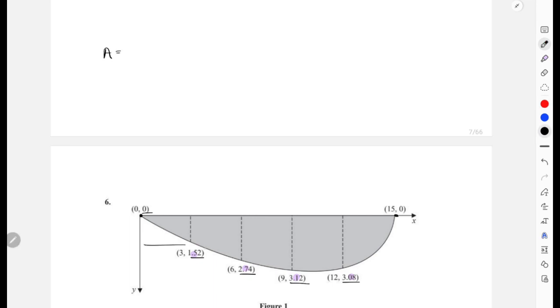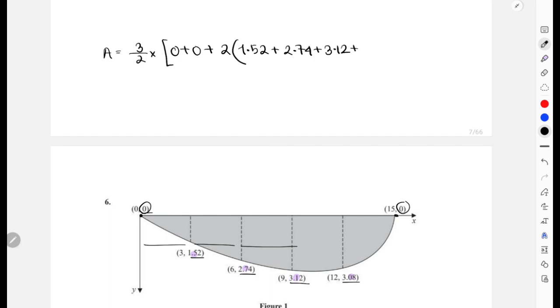You can clearly understand the difference for x-axis is 3, right? 3, 6, 9, 12, 15. So x-axis change is 3. So I can write 3 divided by 2 multiplied with the first one and the last one is 0, so 0 plus 2 multiplied with that 1.52 plus 2.74 plus 3.12 plus 3.08. And if you calculate all these things together, you can get a value of 31.38 meters square, as this